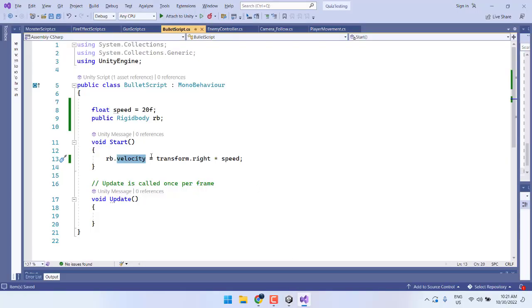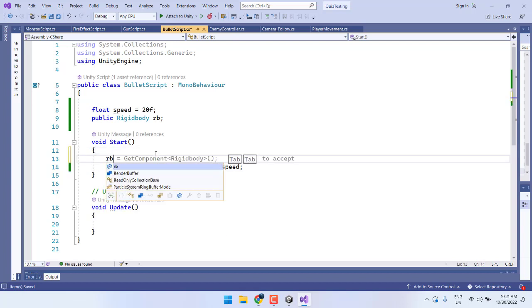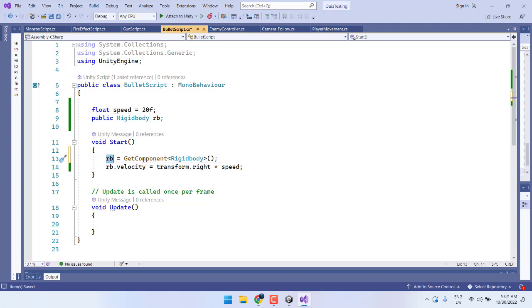But we forgot to do one thing, actually. RB dot, we forgot to do this because whenever we don't have the reference to the component, we cannot make changes to the components. So here we got the reference to the rigid body, and now we are making some changes. We are adding a velocity, you can add the force and things like this, just your choice. Anyway, and we are just making it to the right side of